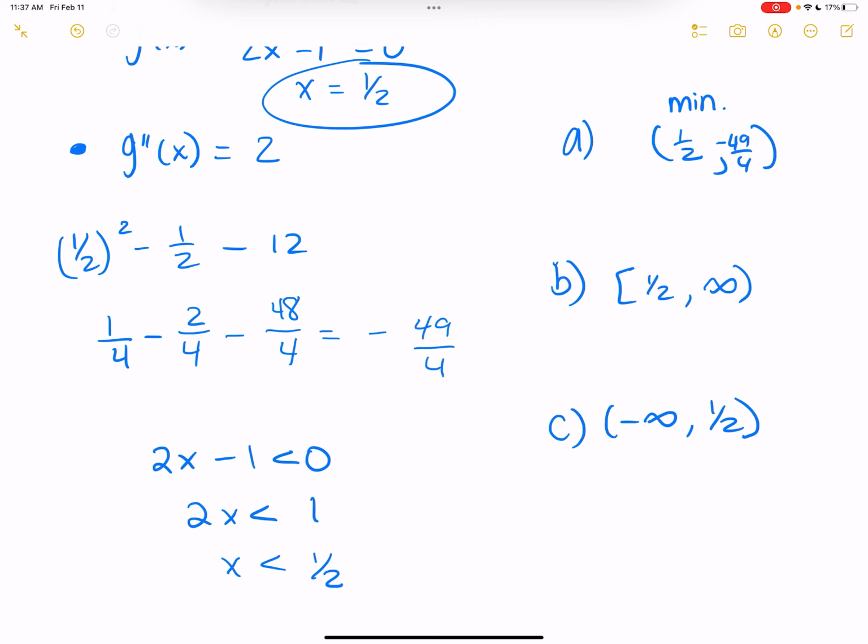Let me see where that is. Technically, this is showing C. Let me show B. 2x minus 1 is greater than 0, which means that 2x is greater, x is greater than 1/2, which is what shows that it is